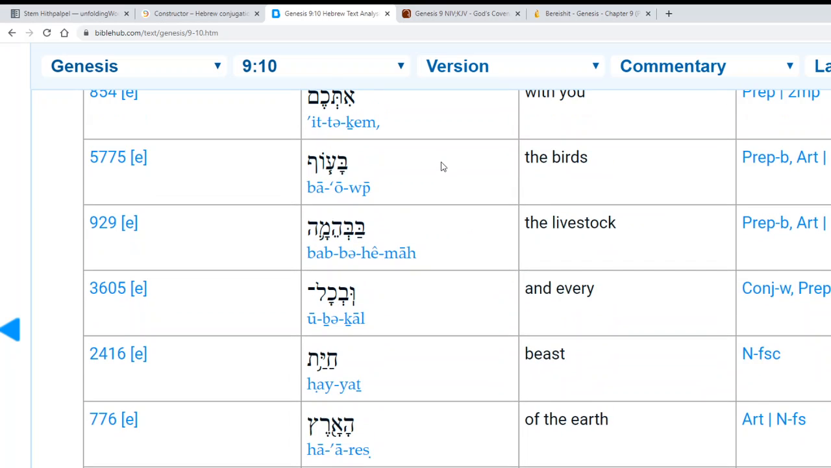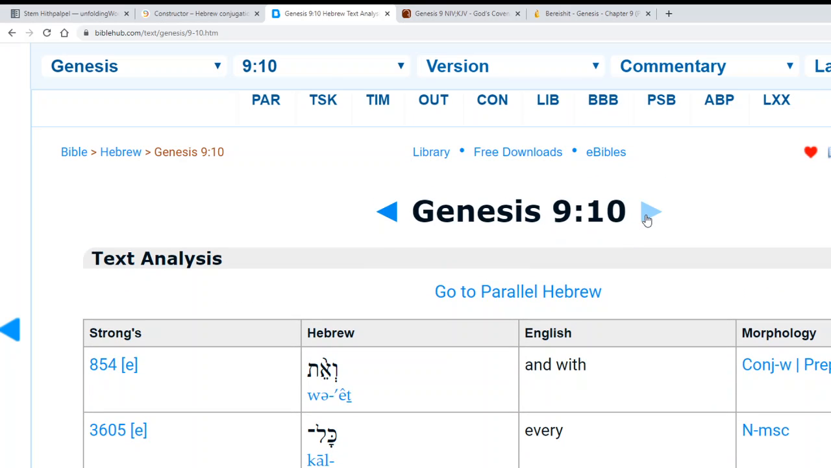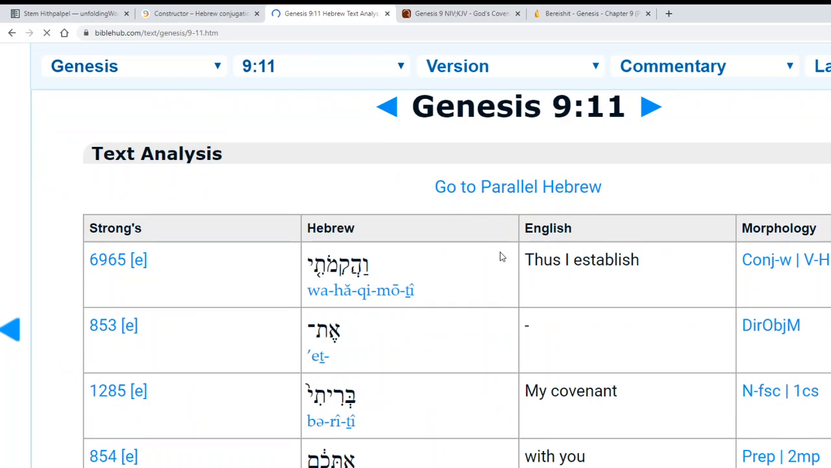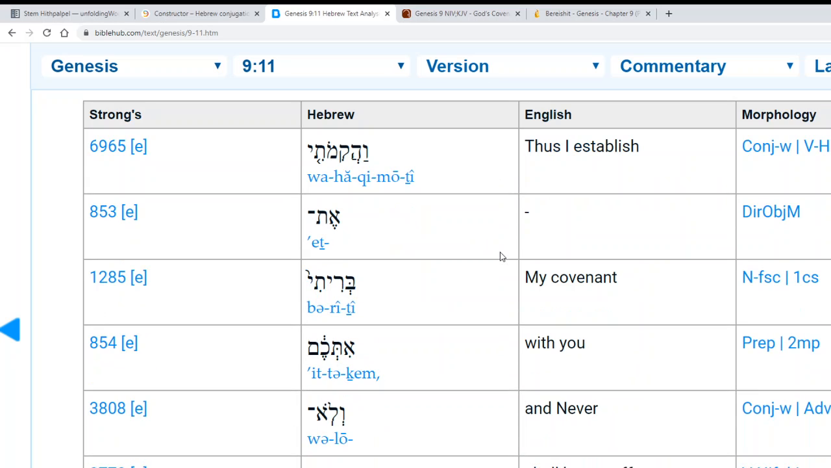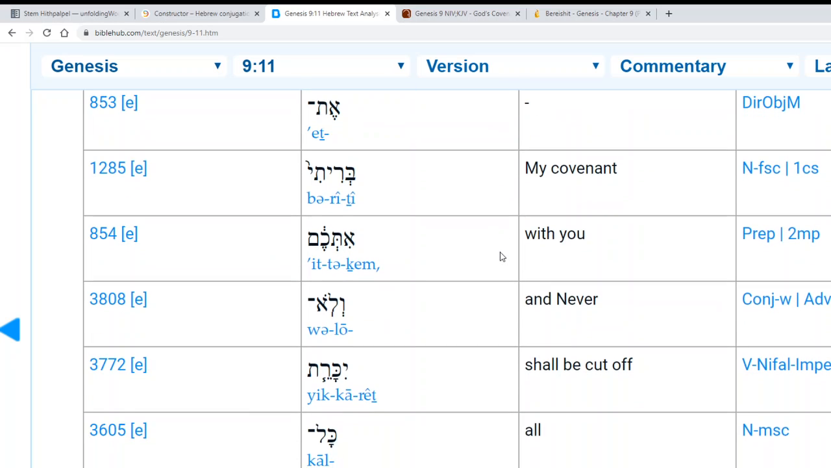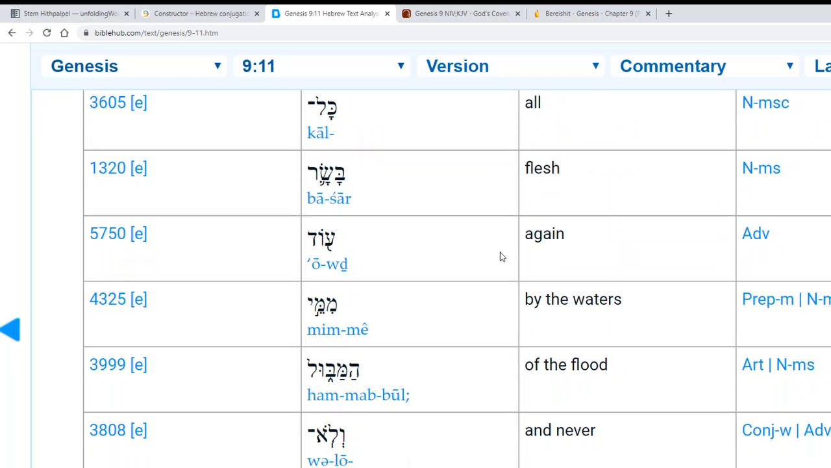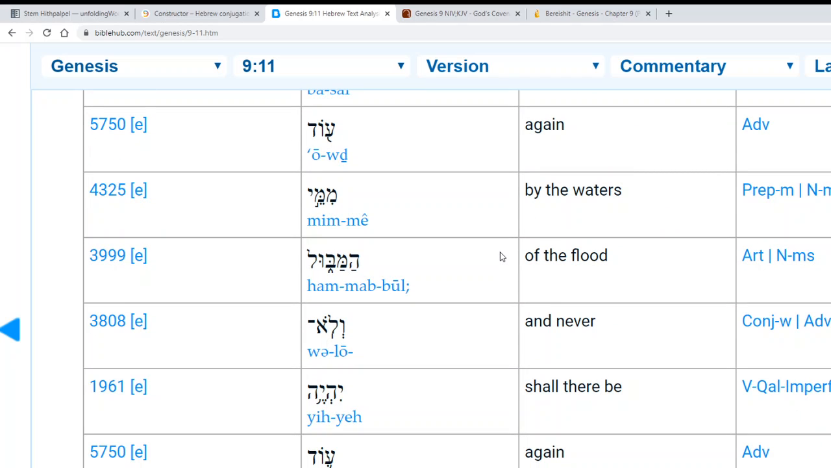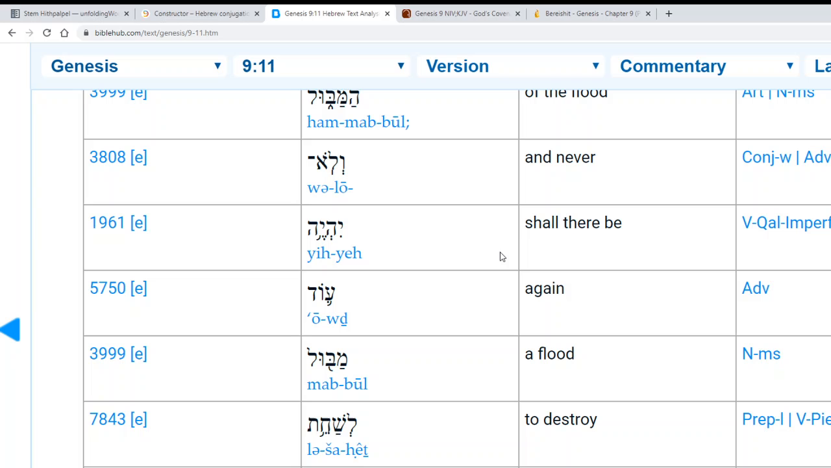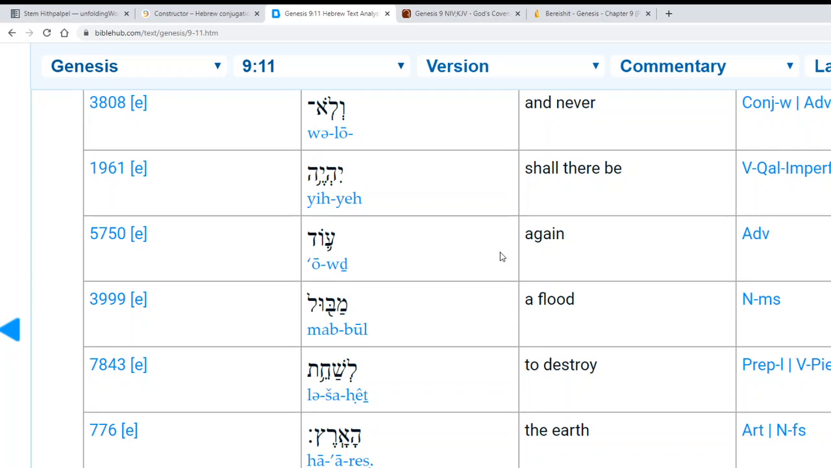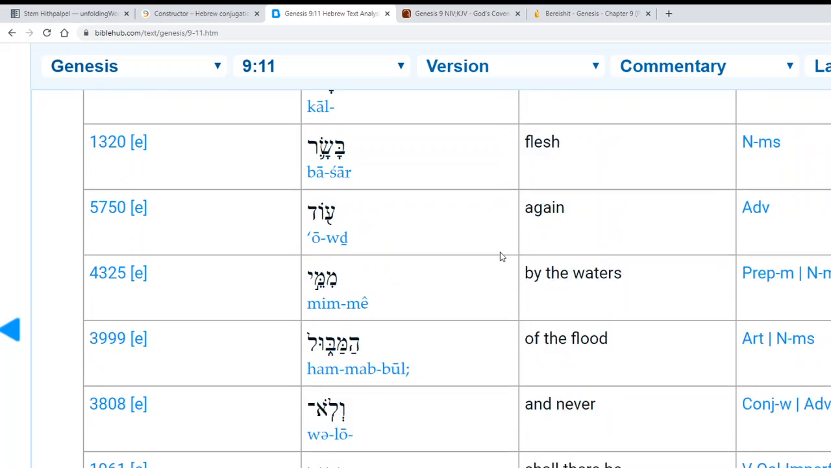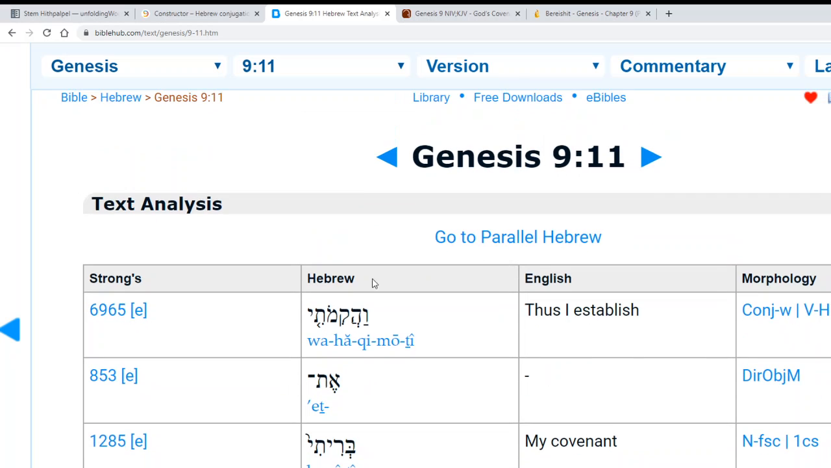Okay, verse 11. V'hakimoti et briti itchem, velo yikaret kol basar od mimei hamabul, velo yihye od mabul leshahet haaretz. Okay? So,